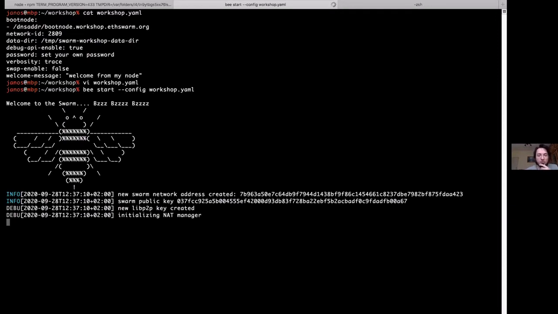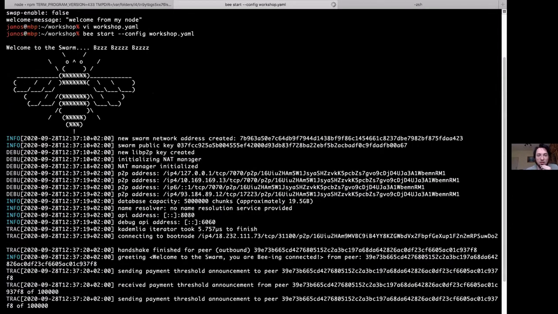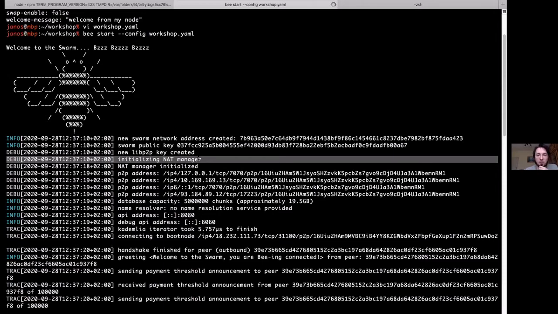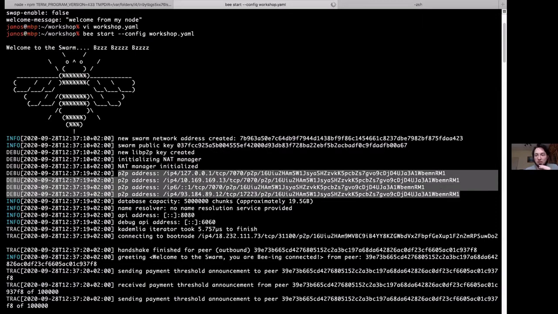We have the possibility to use NAT for better connectivity. This is why we waited here, to discover a possible NAT by our local router. Before that, we created a private key and derived the network address. This is called the overlay address. So this is the address of our node in the network. We have the public key of our node, and we are sharing this